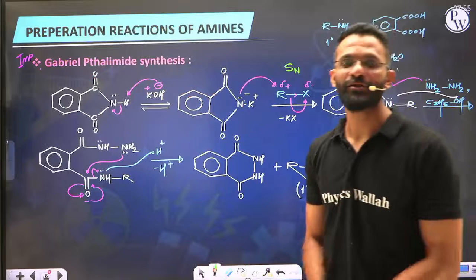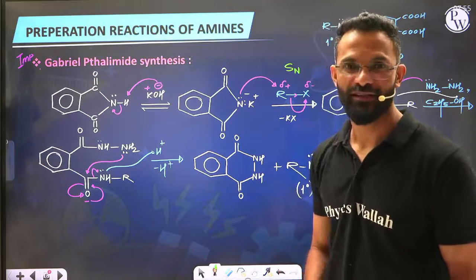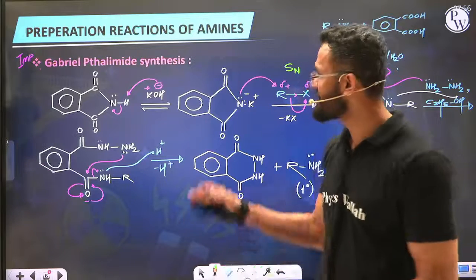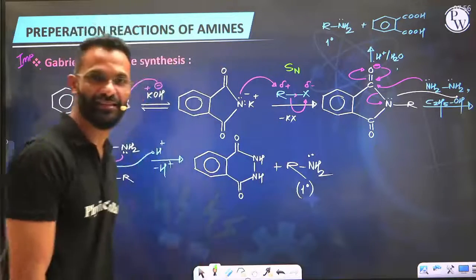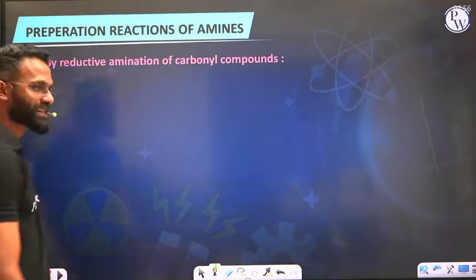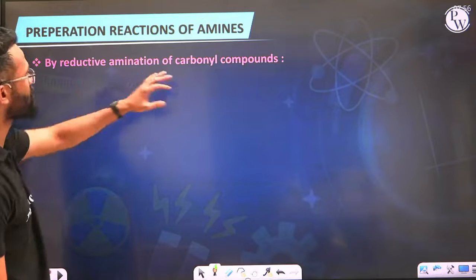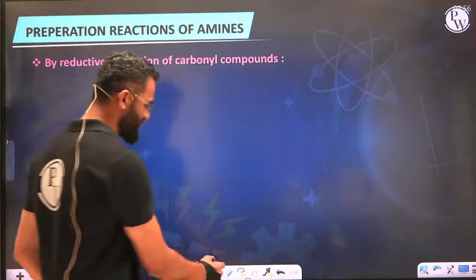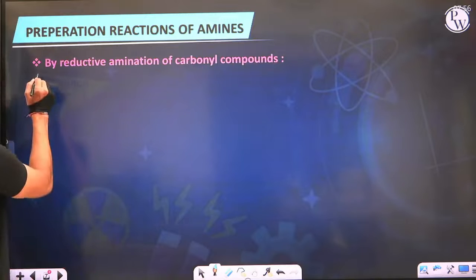So guys, so far we have studied 2 methods of preparation after the introduction of amine. First one was ammonolysis of alkyl halide, or alkylation of ammonia, you can call it. Second one, Gabriel phthalimide synthesis. Well, with this we are now proceeding further with something called amination of carbonyl compounds. So we'll first do amination of carbonyl compound and then we'll carry out reduction of it. What this exactly means is, let's say as an example, as a general reaction,